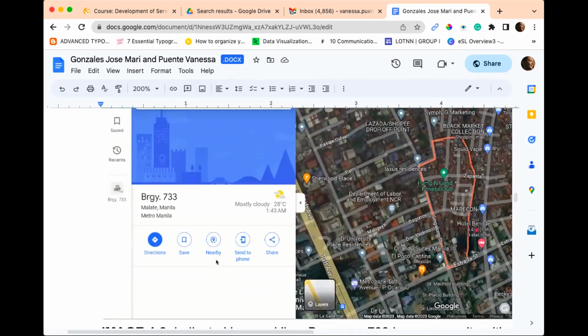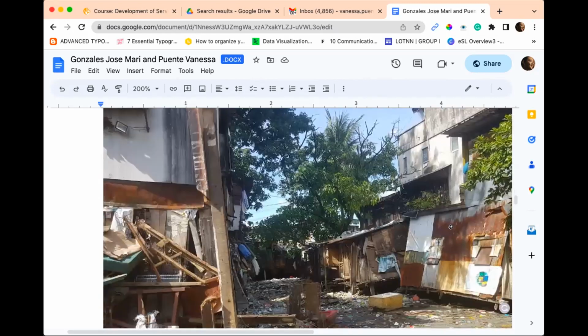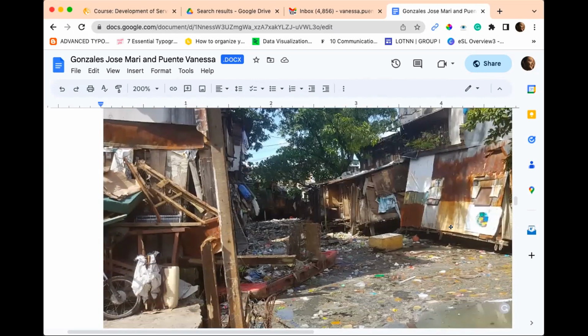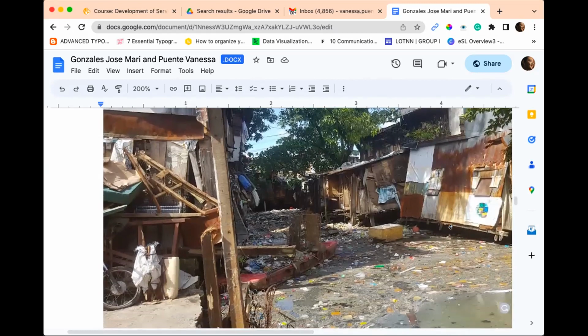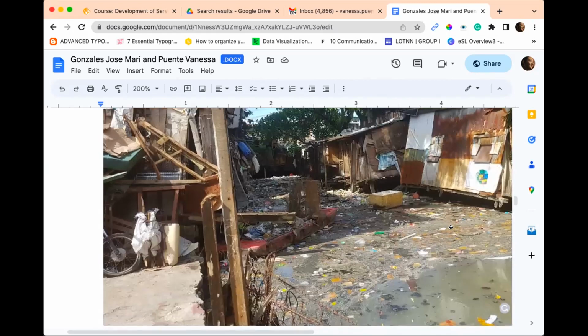So as you can see from the images that we have here, this happens to be the community that will be engaged with, the one with the red line, right? And if we move a little bit there, this is the actual image of the community where it has a river, or stream, sorry, stream, which most of the time during typhoon season would be over flooded.